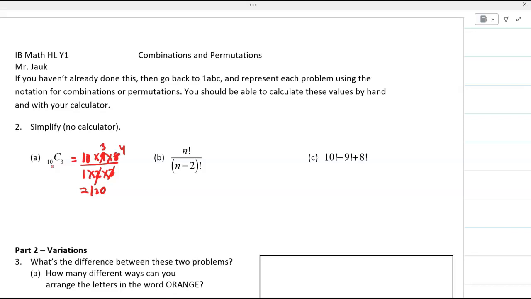So you start with 10 and then however many terms your R is, you just take that many terms. And from the bottom it starts with 1. Suppose I give you 5C2. So it becomes 5 into 4 over 1 into 2. That's how much? 20 over 2, 10. You reduce it. Don't multiply and divide, reduce it. Then this one you go down, N minus 1 and N minus 2 upon